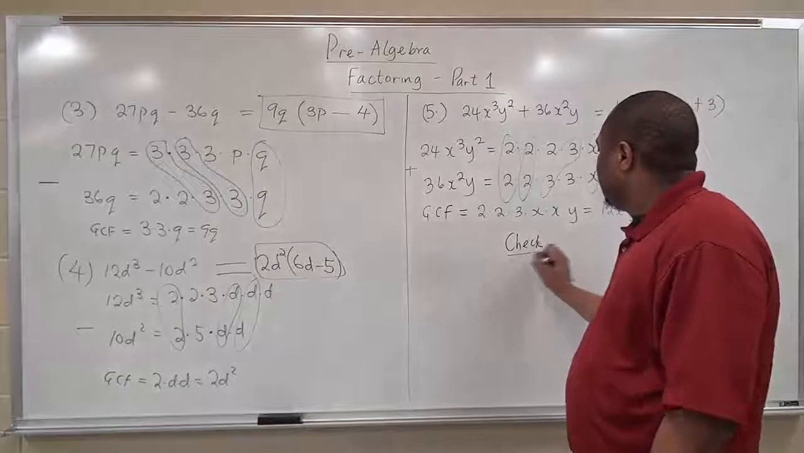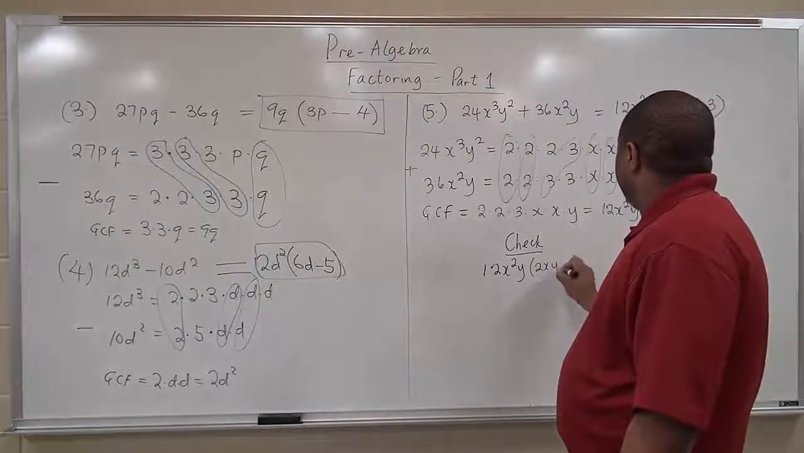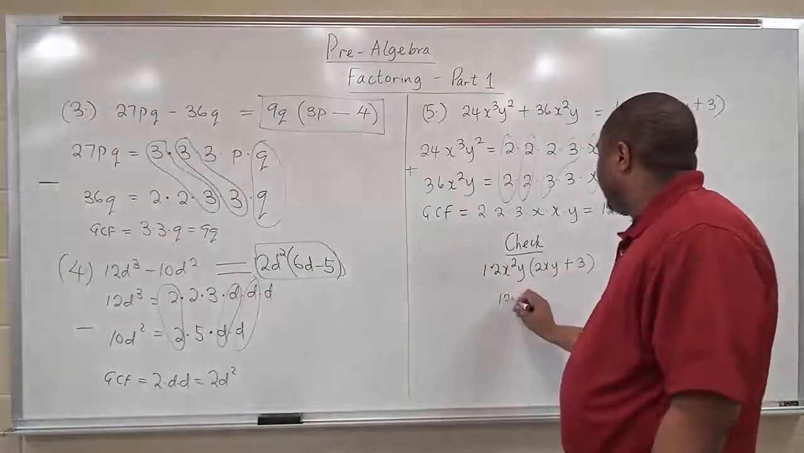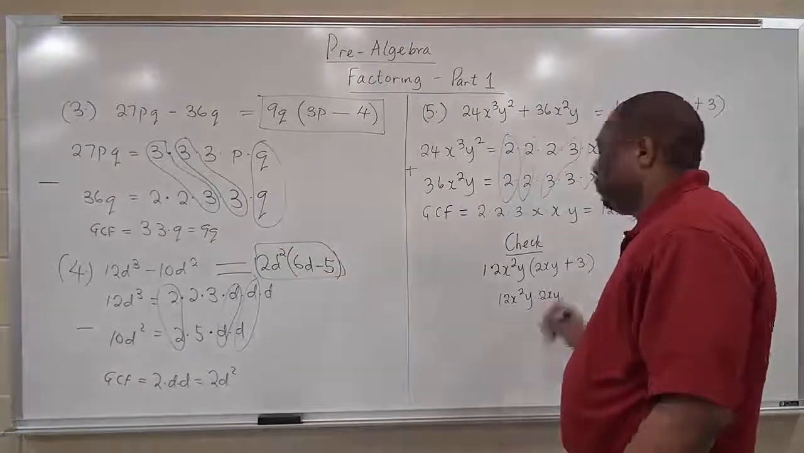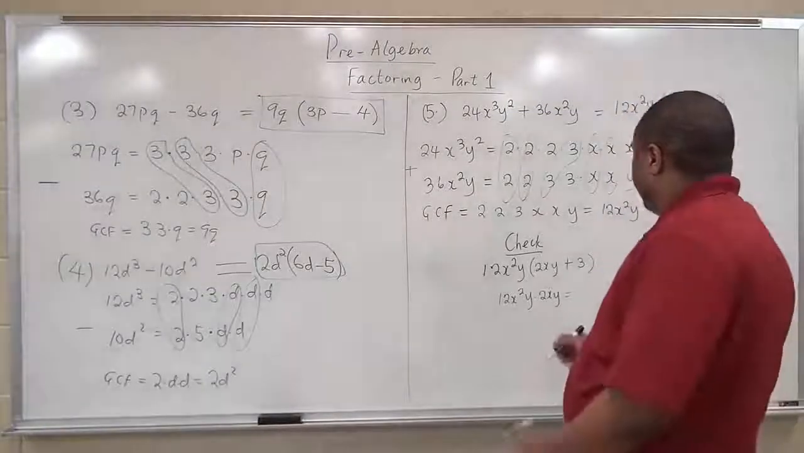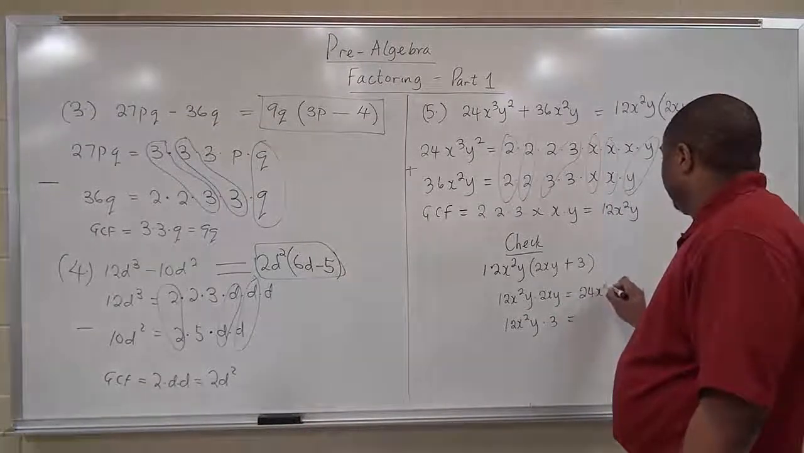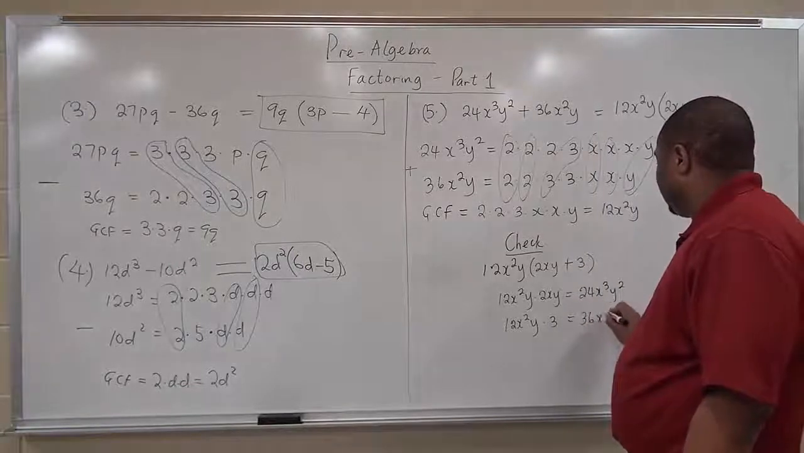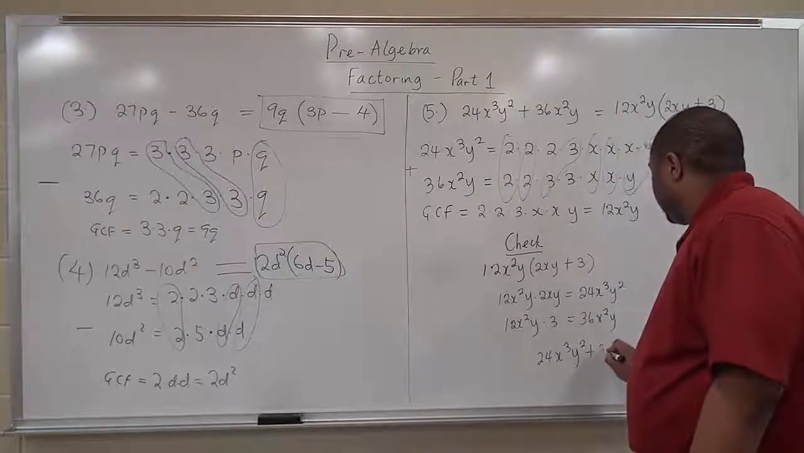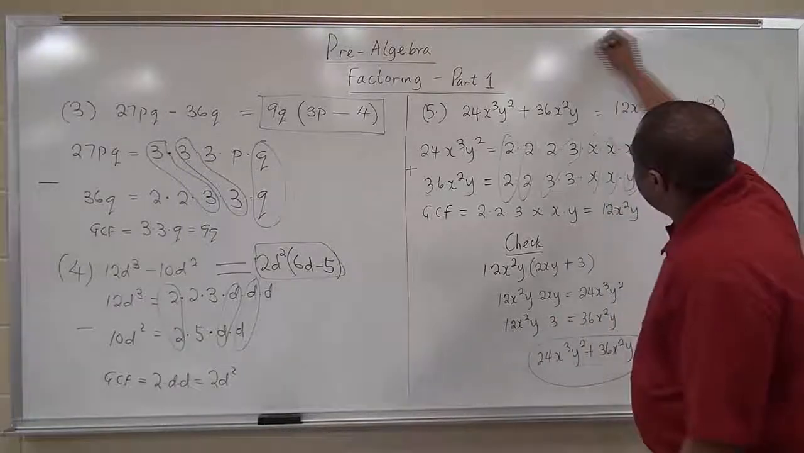We've split this binomial into a monomial and a binomial. Look at the nice thing here, which I didn't mention earlier. If you want to check it, you do 12x squared y times 2xy plus 3. This will be 12x squared y times 2xy. The way I do multiplication of polynomials, I like doing my vertical method. Then 12x squared y times 3. So this will be 24x cubed y squared, and this is 36x squared y. So you add it up, that will give you 24x cubed y squared plus 36x squared y. It's going to give you back your